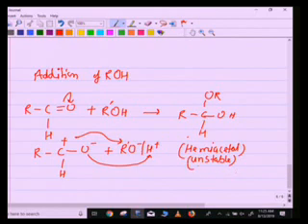And let me mention one thing here, that this reaction takes place in the presence of dry HCl. So dry HCl is a must. Without this, we cannot establish the equilibrium in this reaction. So dry HCl is a must. And the product formed is hemiacetal, and this hemiacetal is a bit unstable. So if I add another molecule,